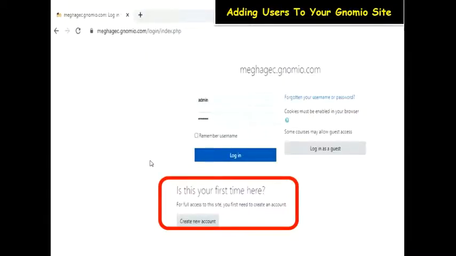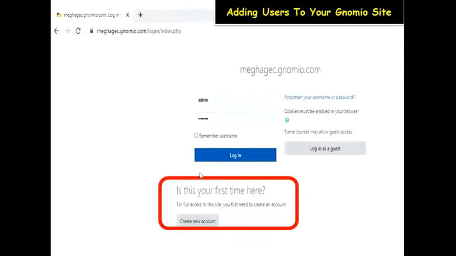You will have to provide your students with your site link. So when I say site link, I mean you will have to provide them with this site link, megagc.nomio.com. In your case, it is whatever URL you had provided while creating your site. You may announce this site link maybe in the first class that you interact with them, or maybe you could be a part of their WhatsApp group.